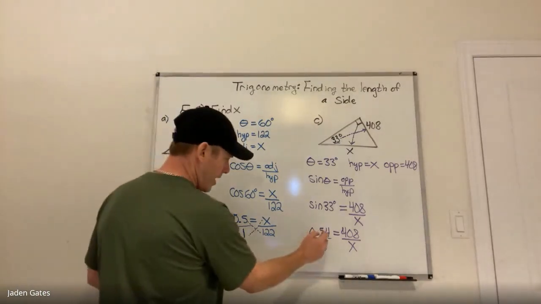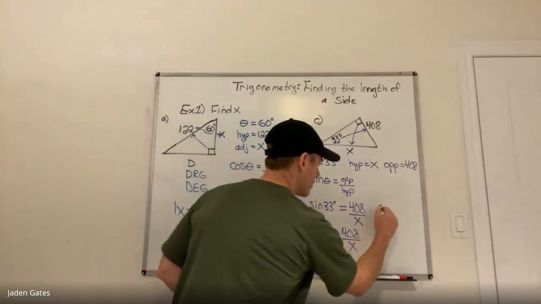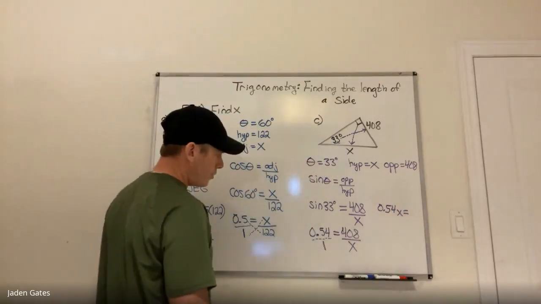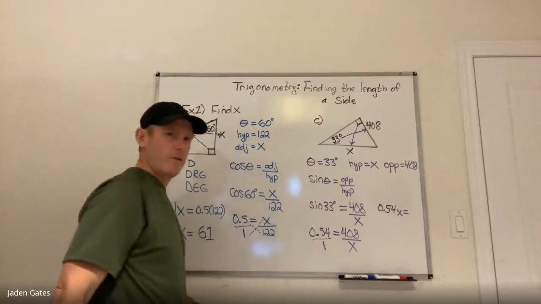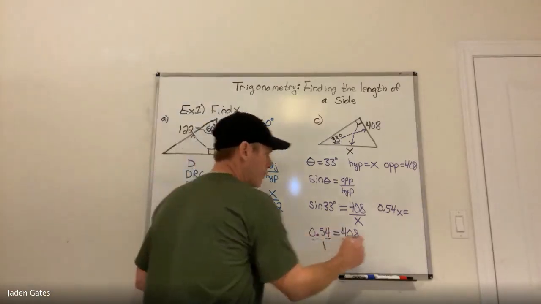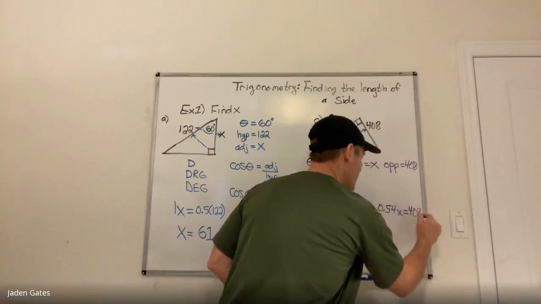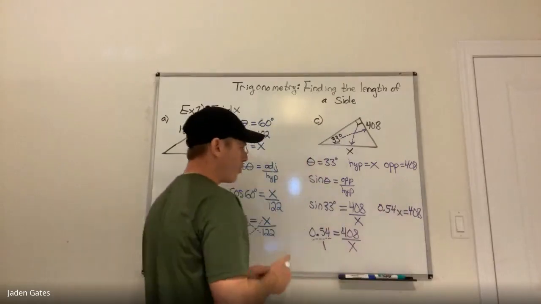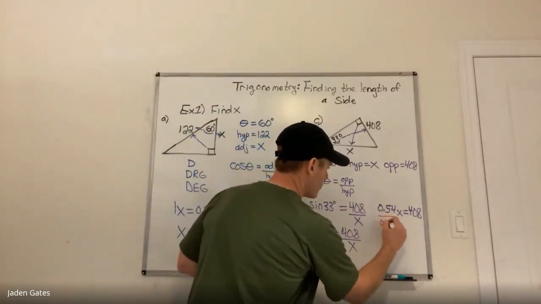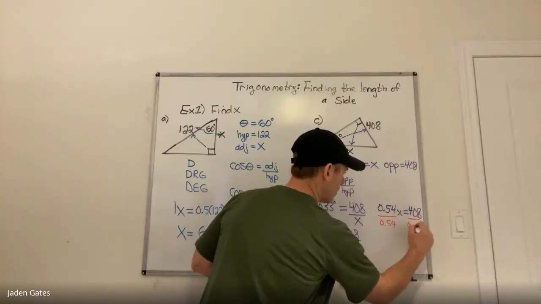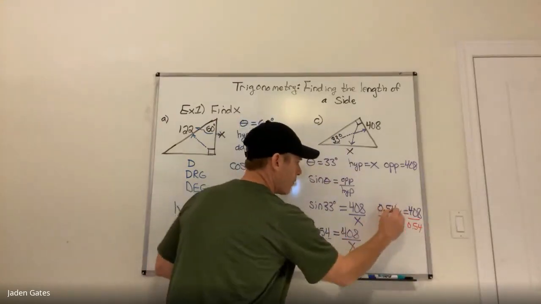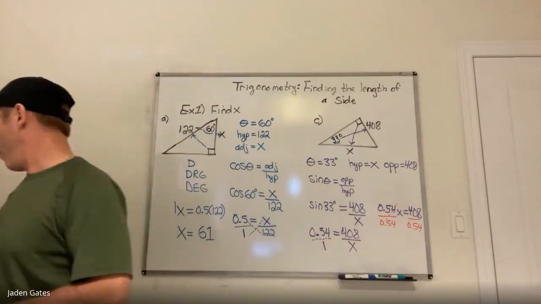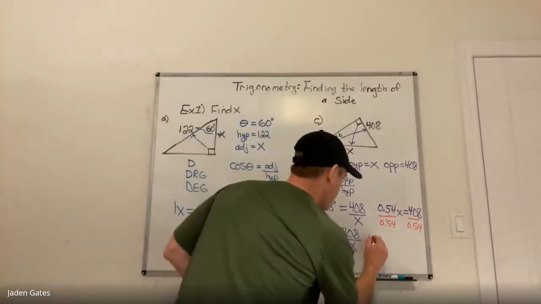So this time I'm going to have 0.54 times an x is equal to 408 times 1. Well, anything times 1 is just itself. So 408 times 1 is 408. And then my last step is to divide by my numerical coefficient, get x by itself. So I'm going to have to divide both sides by 0.54. So those 0.54s divide each other out. 408 divided by 0.54, I'm getting